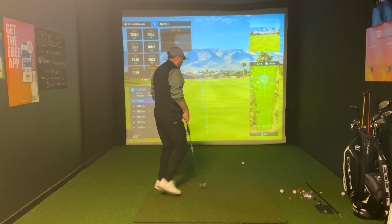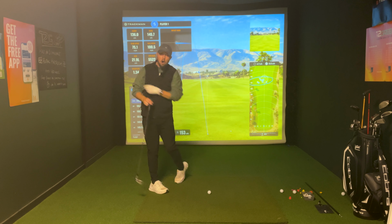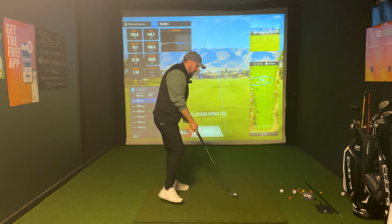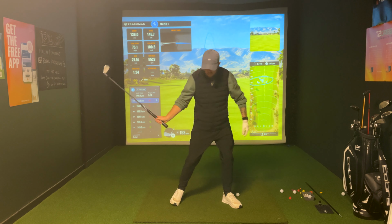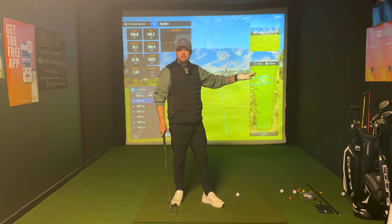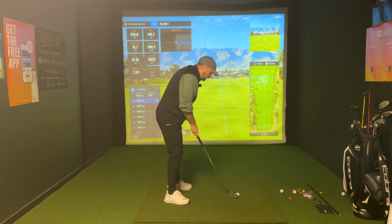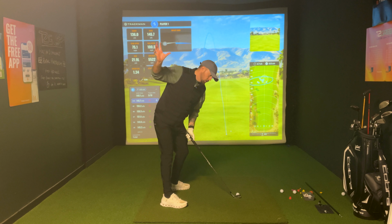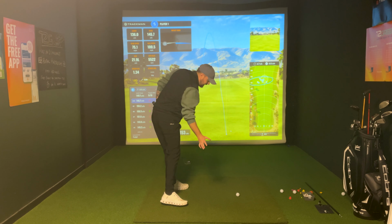So that's where, like we said, with the drill with the resistance band or against the wall or with the arm pin, we're making sure that the right side is staying passive as we're working the left side. The left side is the governor of your rotation. That's why the step through drill, we step into the left. Everything is down the left side. The target for a right-handed golfer is on the left. The lead side is what controls us in the golf swing. We load up to that trail side, but then in a downswing, it gets from the trail side into the lead side,